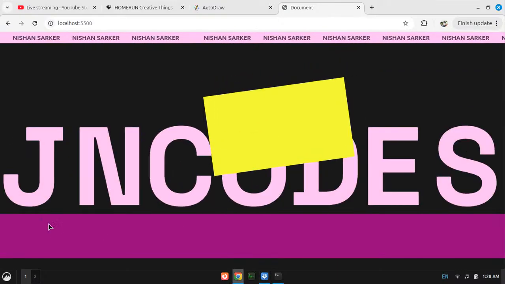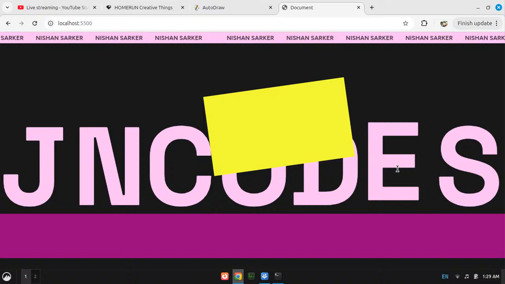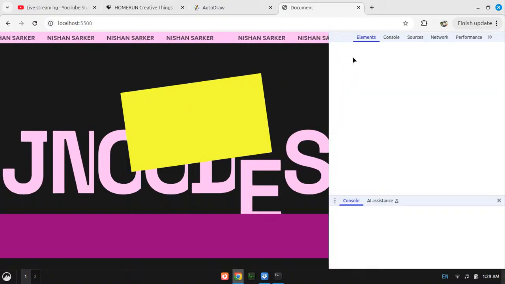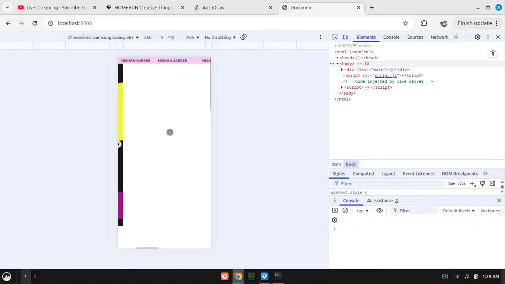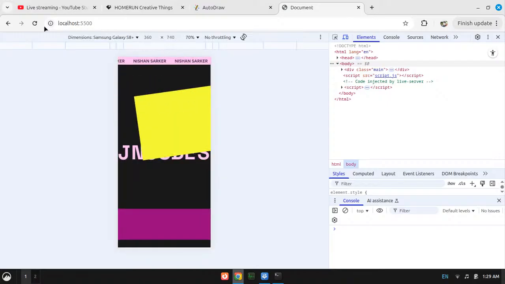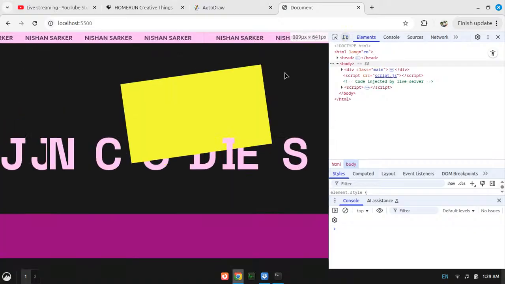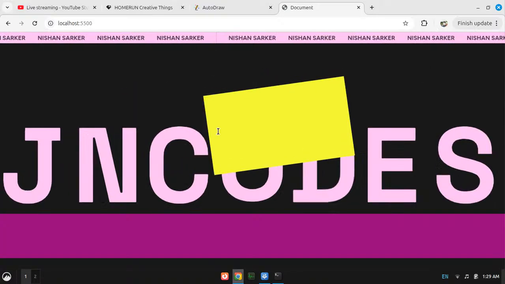Okay, yeah, I am actually happy with that, but this isn't going to work in responsive screens, right? Yeah, but I will take that as a win.